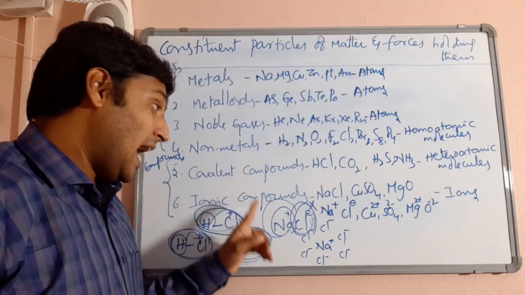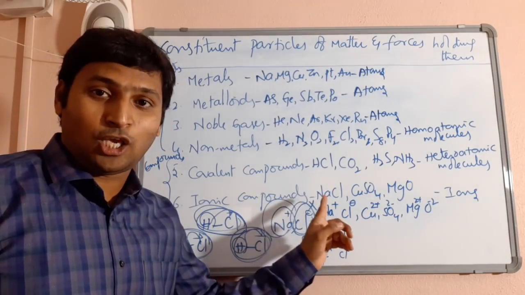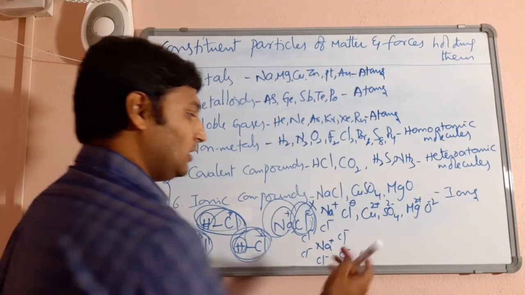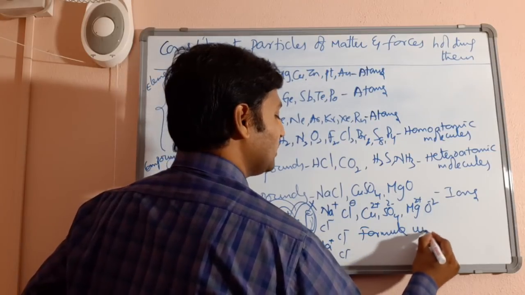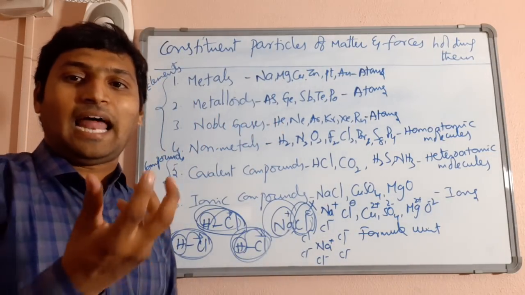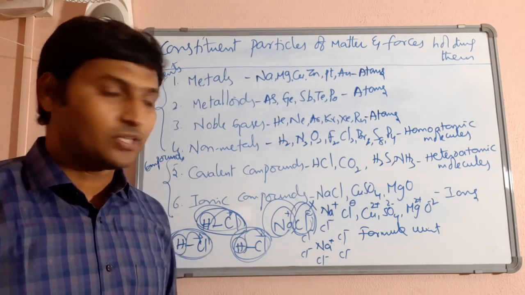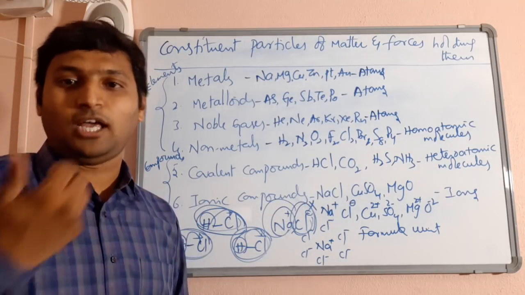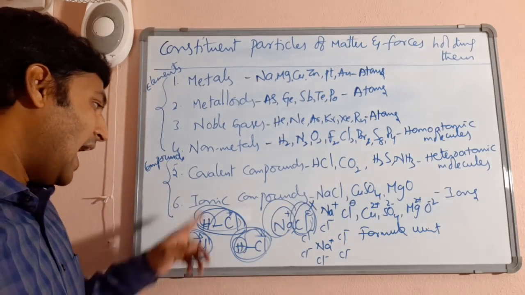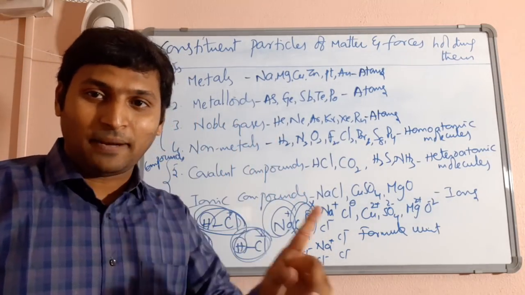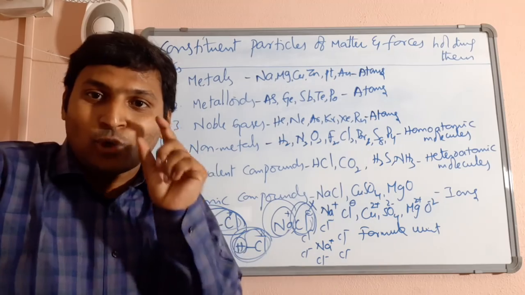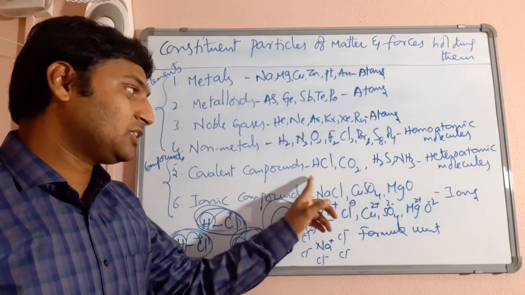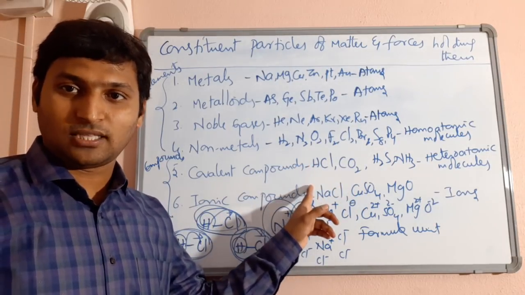That's why calling ionic compound units as molecules is absolutely wrong on a practical basis. That's why we use the word formula unit. Means if you take a lattice containing a billion cations and a billion anions, and the ratio of cations to anions is 1:1, that's why I am writing NaCl. So that is one formula unit. Please understand, the ions in an ionic compound are not independent, they are all packed up. So no single individual units can be recognized. Whereas in covalent compounds, each molecule is absolutely independent from each other.